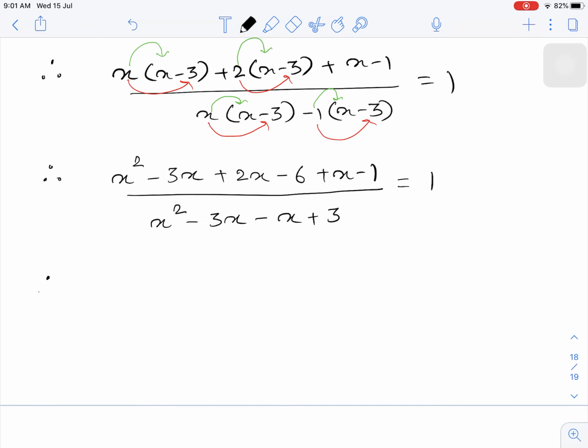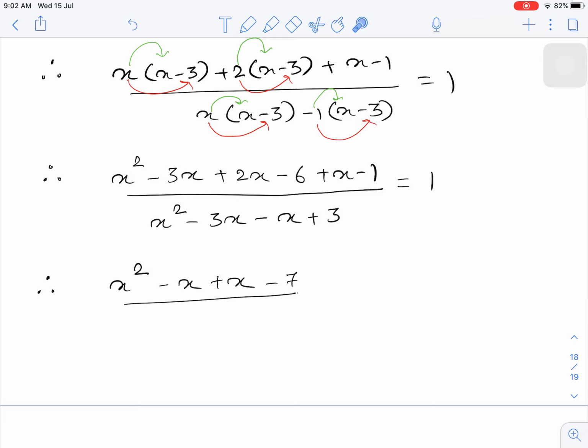Now what we have to do is see what the terms with x are over here: minus 3x plus 2x, then only x. So we can write it as x square. Now these both have opposite signs and they are like terms, so we can subtract. So 3 minus 2, that will be x, and the sign of the greater number is minus. Then this minus 6 minus 1 are like terms, so you will get minus 7, and this x is remaining, so we will write here plus x, divided